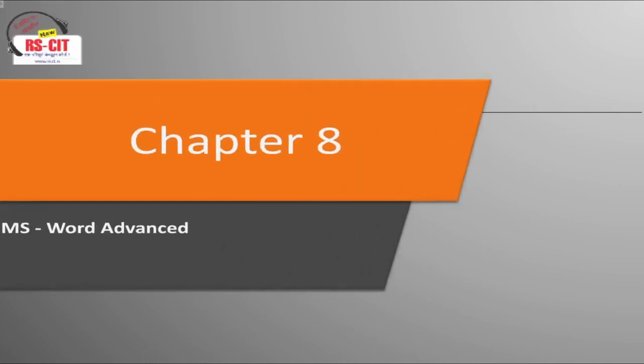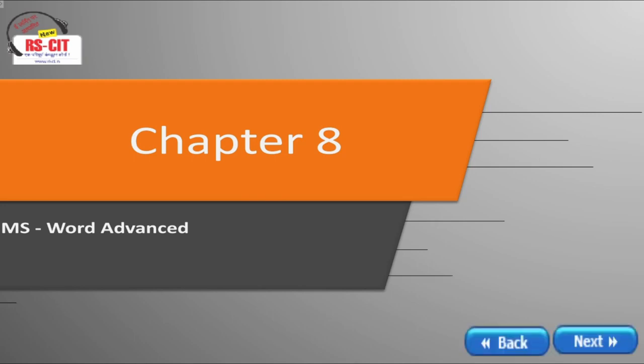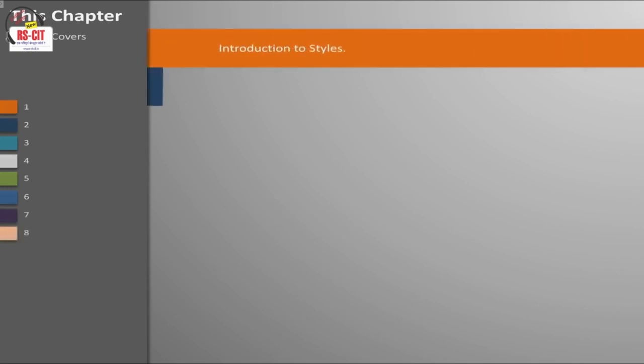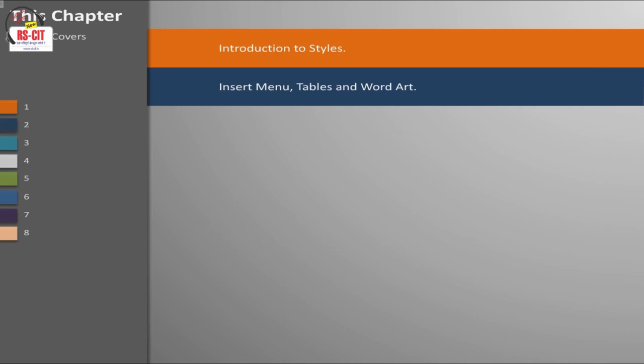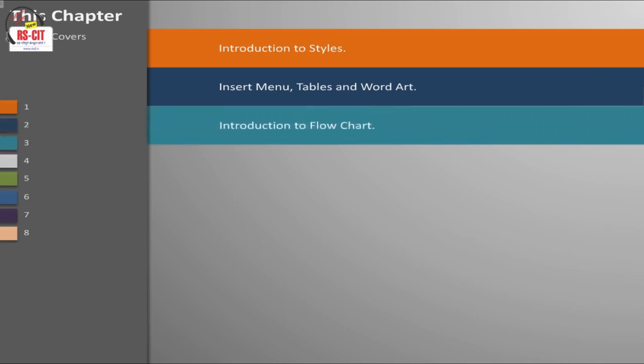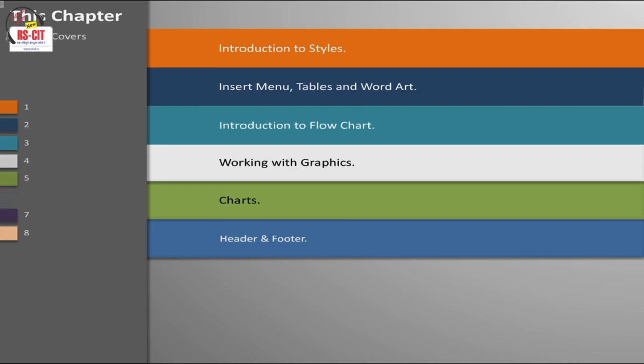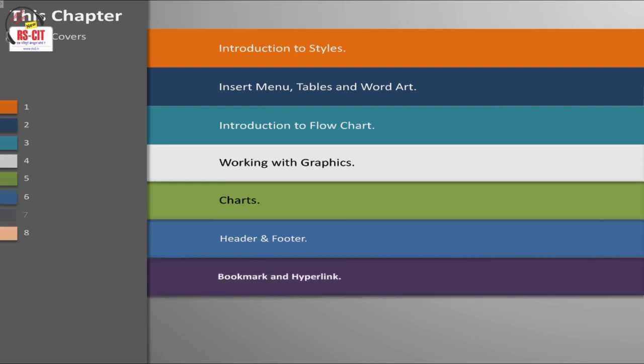In this chapter, we will learn some further advanced word processing skills of Microsoft Word 2010 application. This chapter will cover Introduction to Styles, that is Home tab, Insert tab, which includes tables and word art, Introduction to Flowchart, Working with graphics, Charts, Header and Footer, Page and section numbers, Bookmark and hyperlink, Working with connectors,